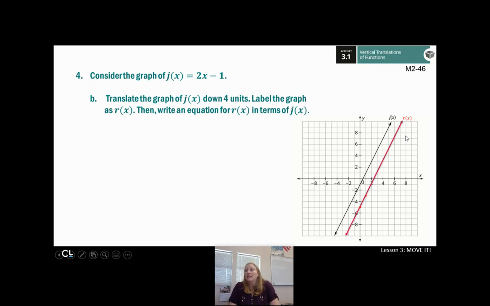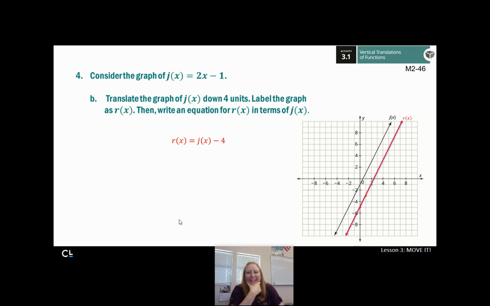And again, it says to write an equation for r of x in terms of j of x. Well, if I had to translate j of x down 4 units, that means I'm subtracting 4 from j of x. So fine, r of x equals j of x minus 4. Hooray. That wasn't so terrible, was it? The only thing is,